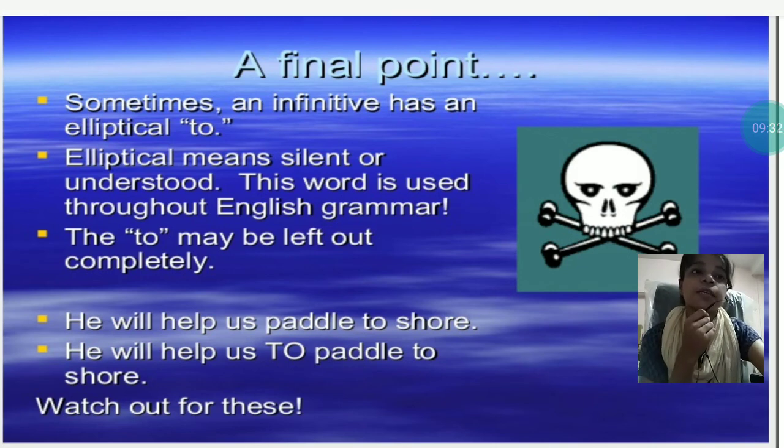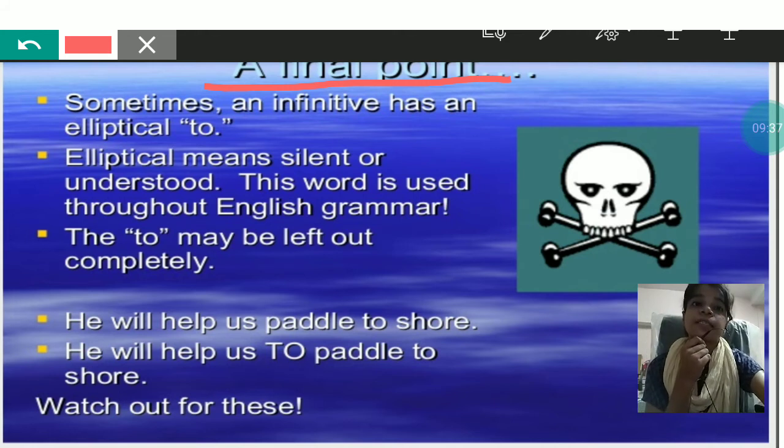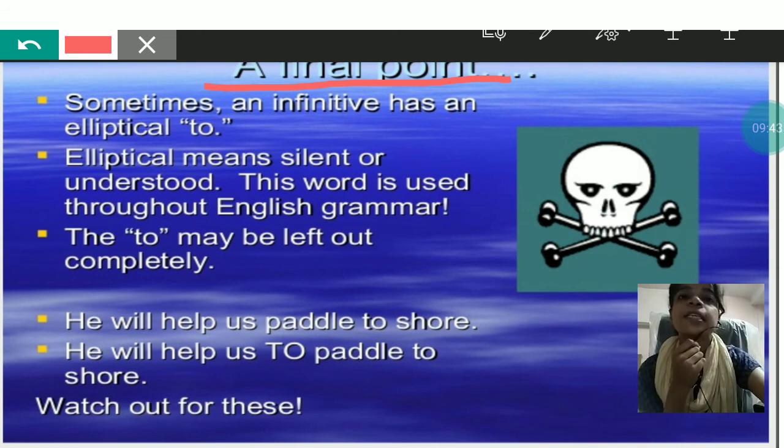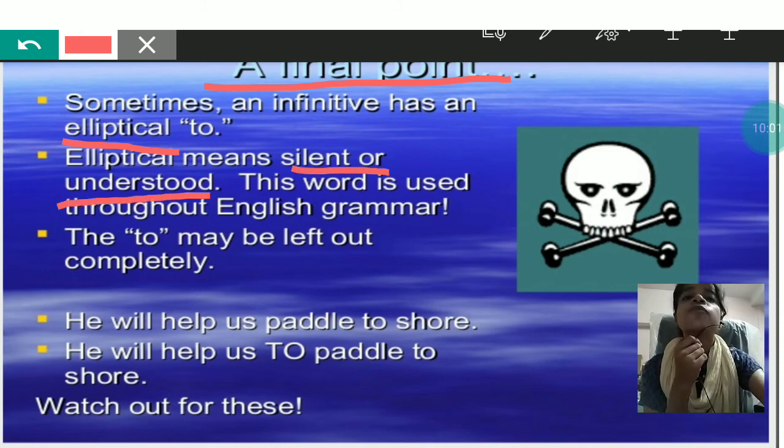Now the final point. What is the final point? The final point is sometimes an infinitive has an elliptical to. Now firstly, what does elliptical mean? So elliptical means silent or understood. This word is used throughout English grammar. The to may be left out completely. So what does elliptical mean? Silent or understood. So whenever in any sentence the word to is not used, but it acts as an infinitive,